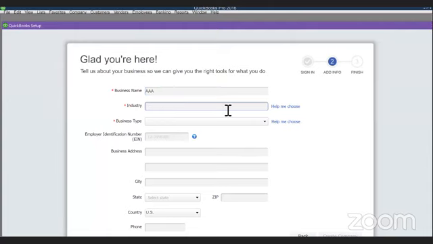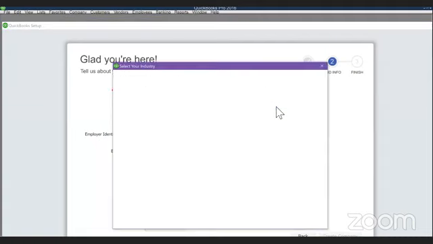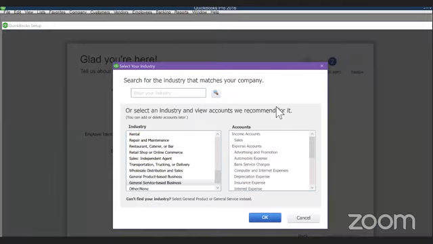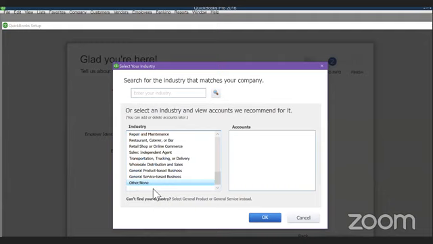So this is where the important part comes. You have to be very mindful when you pick the industry. You should know what your business is, what your products are, what sort of services you provide, and what sort of expenses you incur. QB has already given you tailor-made industry setups. So you can either pick one of those, or you can simply say other or none and create all your accounts. But I will not suggest this, because if you go for other or none, you have to start from scratch. It's not going to be easy for you.